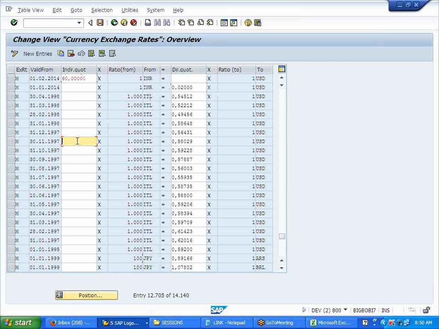My question was basically, you can maintain either indirect or direct, right? But I think indirect is easier, like it's much easier to maintain instead of doing the calculation for direct. That depends on the requirement. If you are looking from the INR perspective, it is easy for you to understand. But if you look from the USD perspective, it will be easier by maintaining this way.